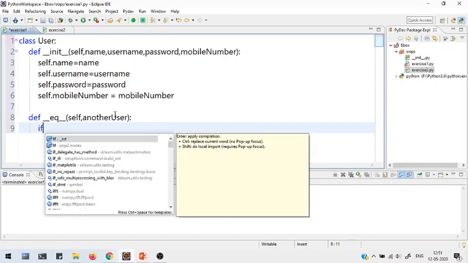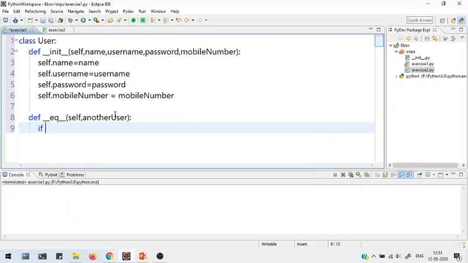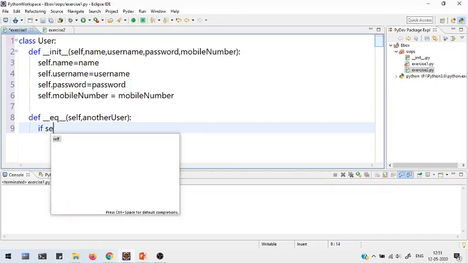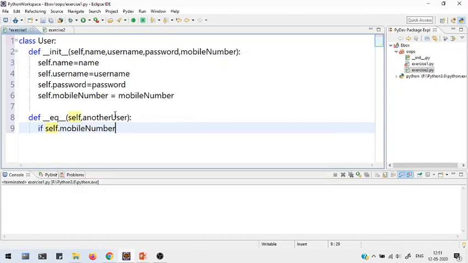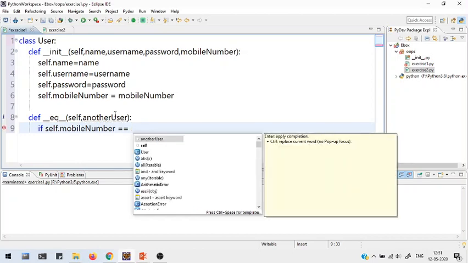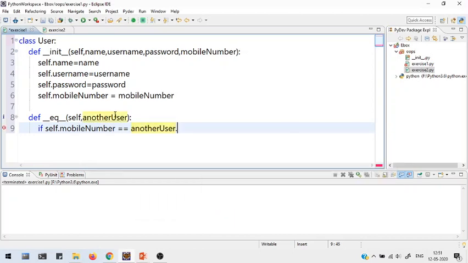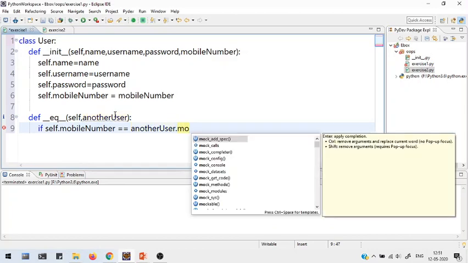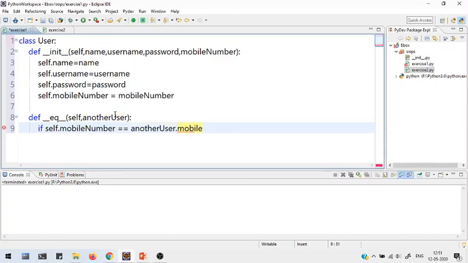The only thing left is to check the mobile numbers of both users. To check the mobile number of the current user, I'll be using self. So self dot mobile number equals, instead of self we have to use another user. Another user dot mobile number.